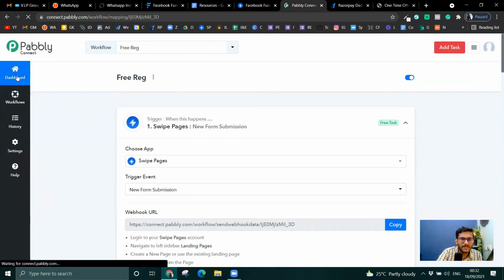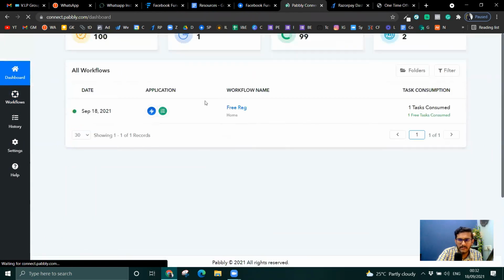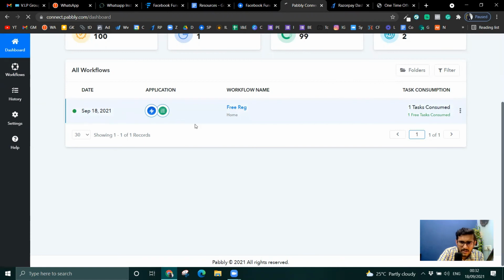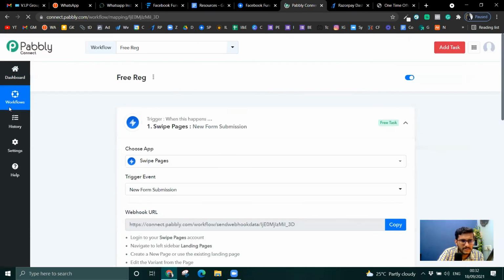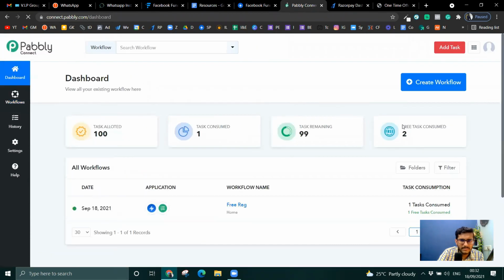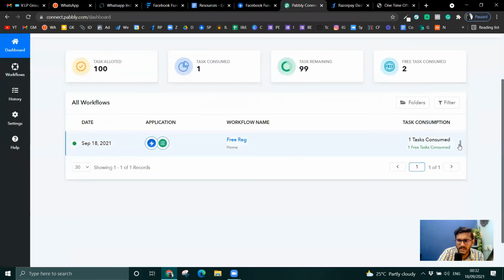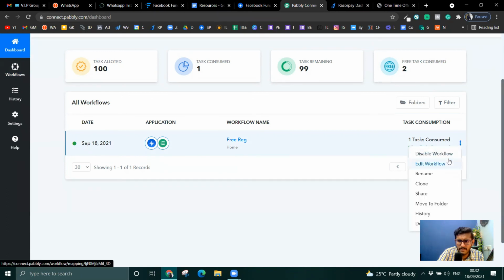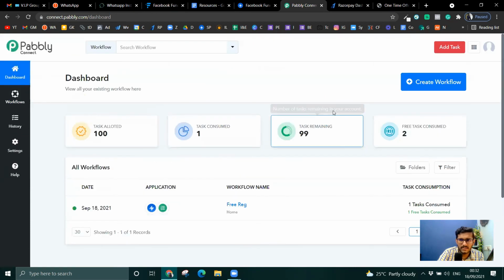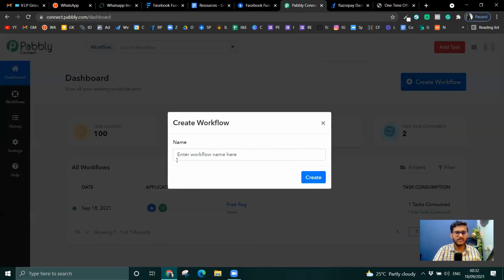I just go to dashboard. My workflow is set up. Now I want to just duplicate this. I want to duplicate this where I don't want it to be from Swipe Pages. Okay, I'll just make a new one. Never mind. Make it from